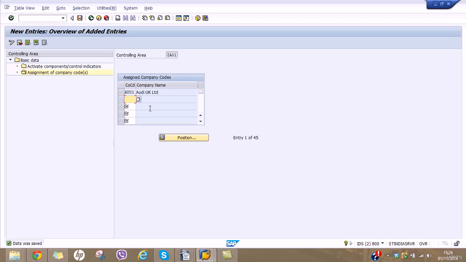Okay. The third option is activate components. I will activate these components later on when we maintain the controlling area in detail. So our job here is to maintain the controlling area, which we have done, and assign our company code with that. Go back,